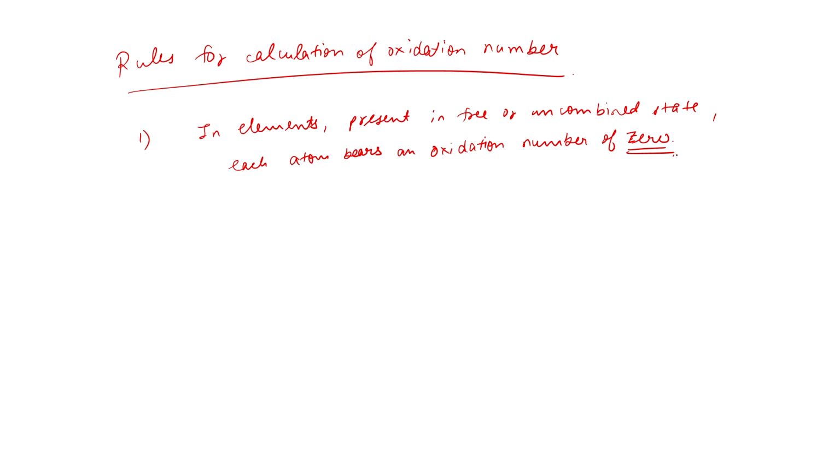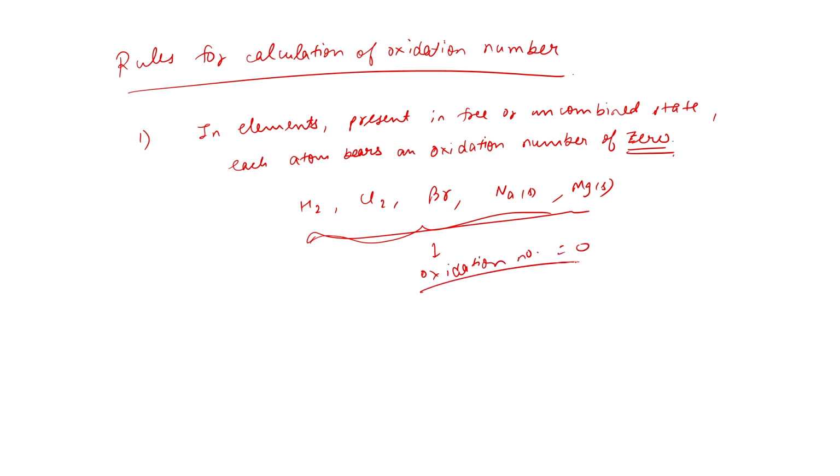In elements present in the free or uncombined state, each atom bears an oxidation number of 0. For example, H2, Cl2, Br2, Na solid I am taking, magnesium. These are not combined with any other element; hydrogen is combined with hydrogen only, chlorine is combined with chlorine only, means they are present in the free state. On all of these elements, the oxidation number